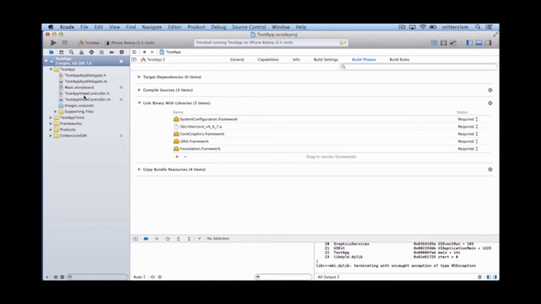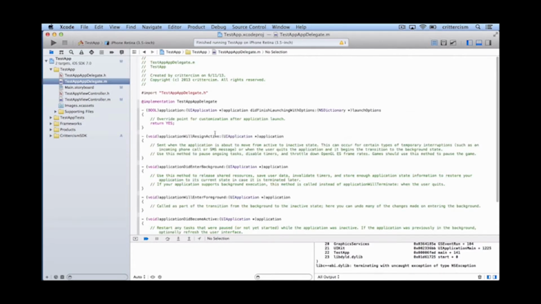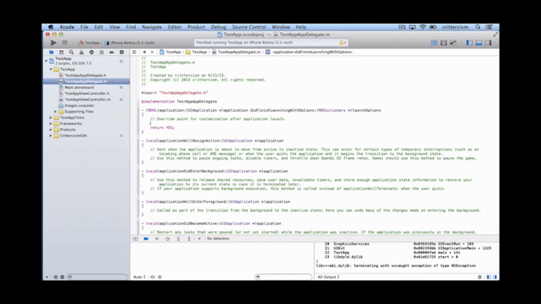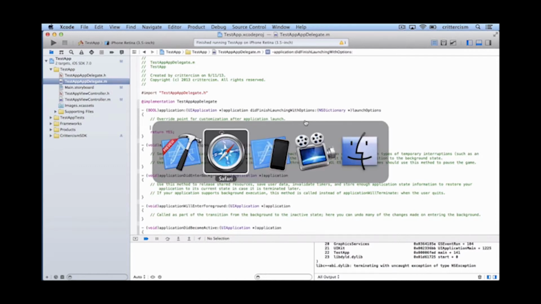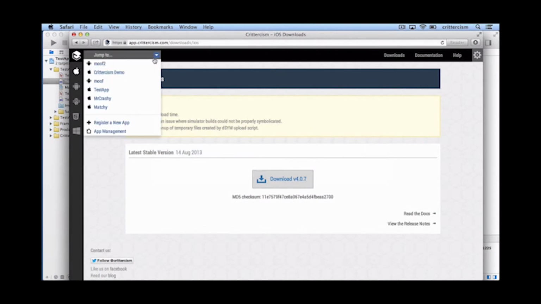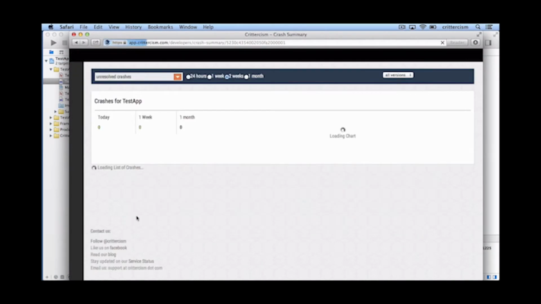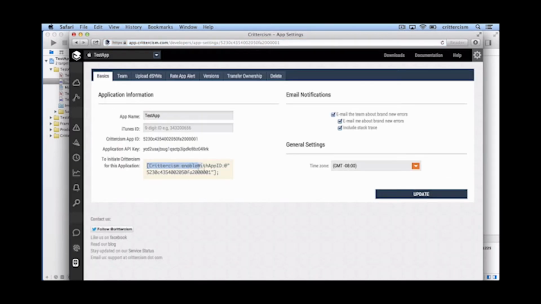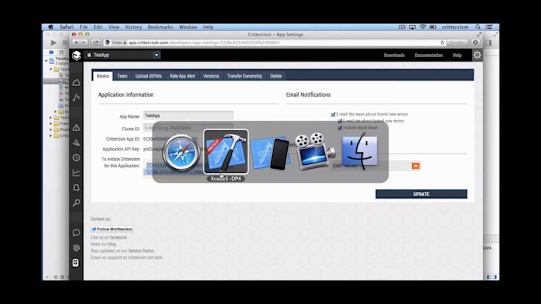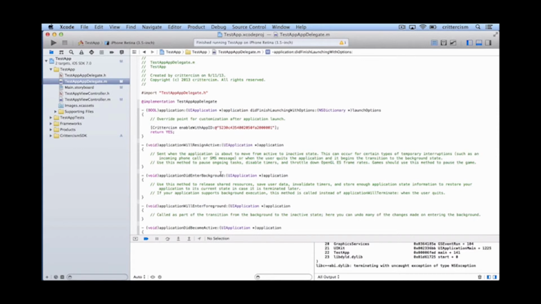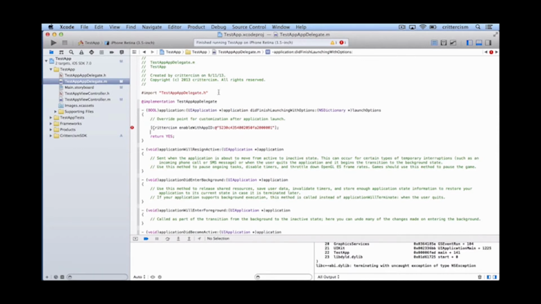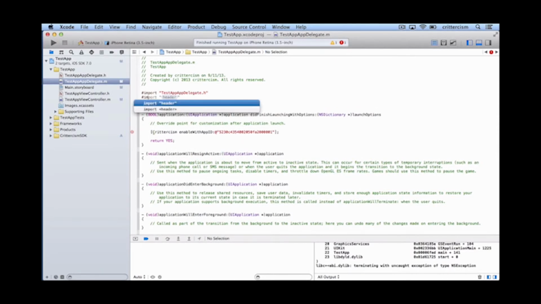Okay. Then in my app delegate, in my did finish launching with options method, I'm going to actually initialize Criticism. We make this really easy in your settings. You can actually just go in and you can see the line. This is a unique ID for my application that I just registered. You can just copy that, go and paste it into my app. I got an error. That means I forgot to import the header file. And I should be able to build that